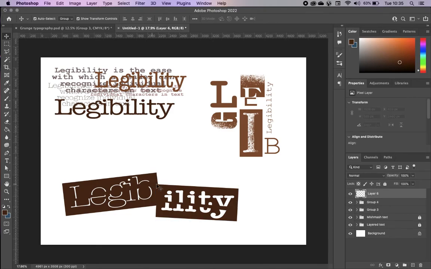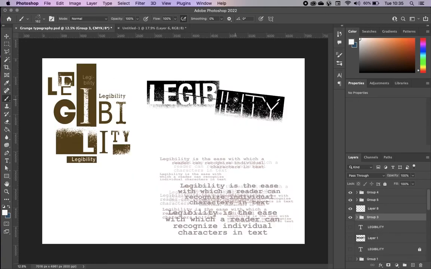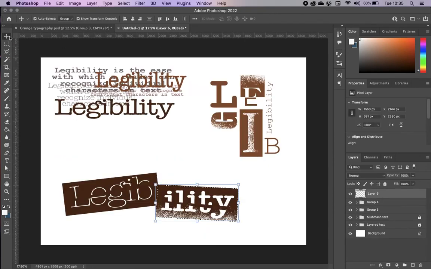Add a new layer, and then I'm going to draw myself a box where I want this to go, and because I've now got it on an angle, I'm going to use my polygonal lasso so I can get that angle right. So now I've got a box where I know that that effect is going to go. I'm going to have this in white, and I'm going to add that splatter to sort of the bottom of there. Now if you look on mine, I've got sort of like two tones. I've got some like grey faded splatter, and then I've got the clear white splatter. All I've done there is